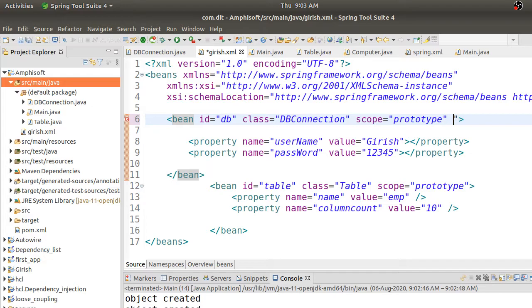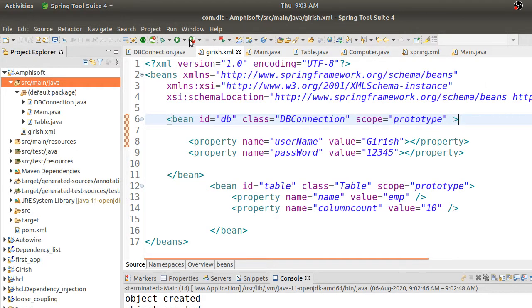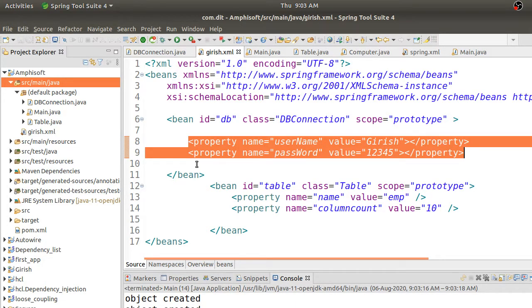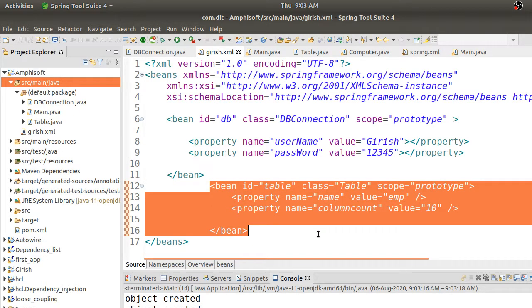Now you can just save it and try. Okay, I just saved it. Now I'll go and run it. Now it will give you an error saying that there is a null, right? It's saying, hey, what is this? You are setting only two dependencies. Where is the other dependency? You did not write a property tag here. It is expecting a property tag, but I did not give any property tag, and this bean itself is not created. This object itself is not created, so you're getting null.